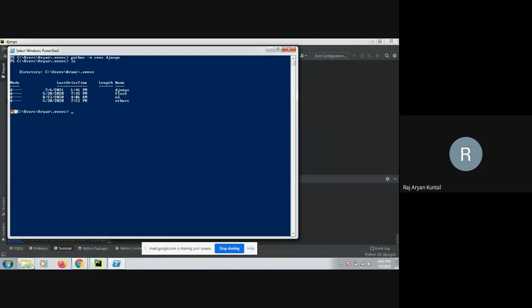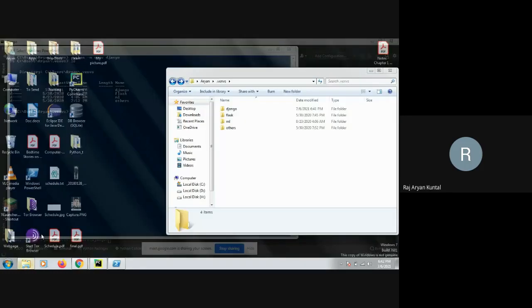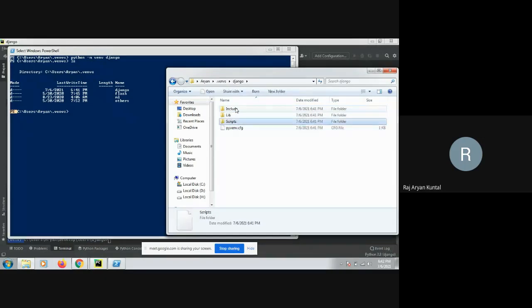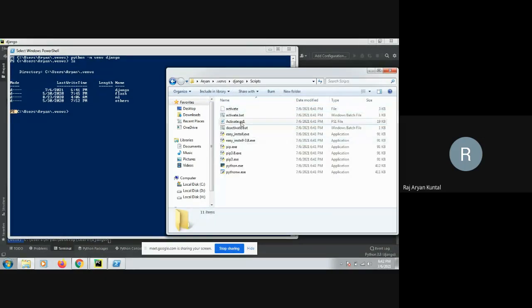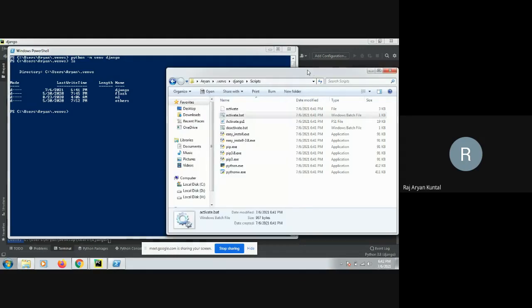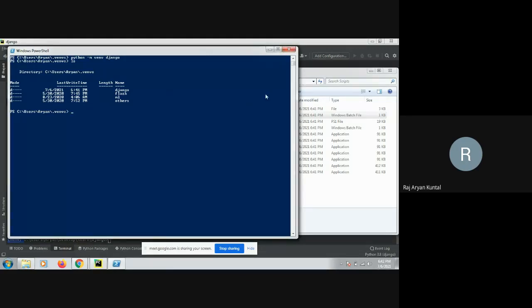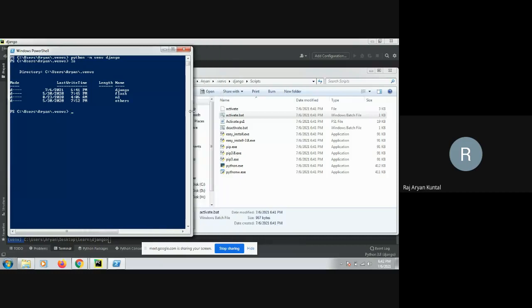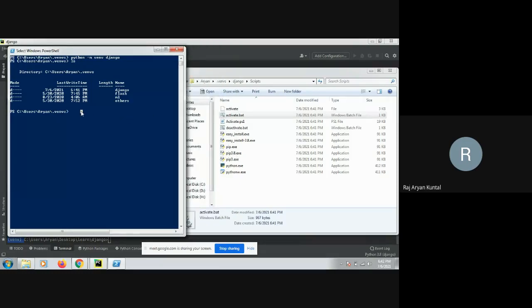So to activate the environment, we have to go to the folder, into the scripts folder, and we have to activate this, this activate.bat routine. So let me just copy this location, and I'll just paste it here. What I could do is I would just copy it line by line. Just paste it here so I can see. So I'll just say dot